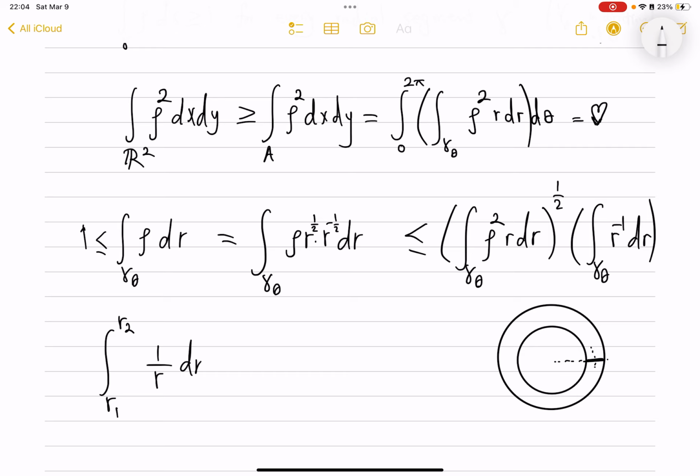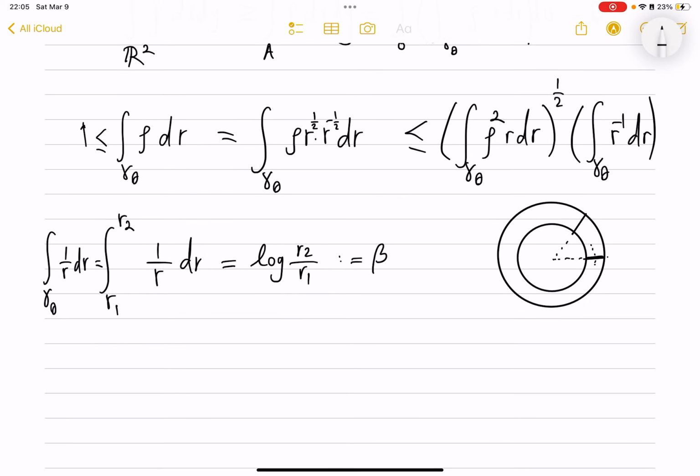And that will be log of r2 over r1. Let's call this beta, as we've done before. And this will be the same if I integrate over any other gamma theta. It's the exact same picture in all directions, and the exact same quantity being integrated. So therefore,